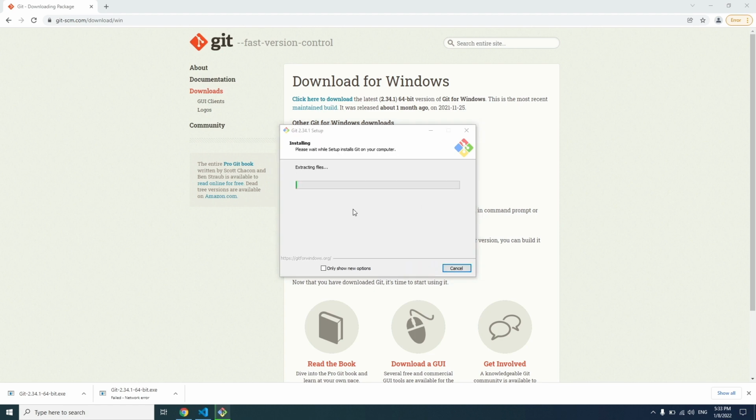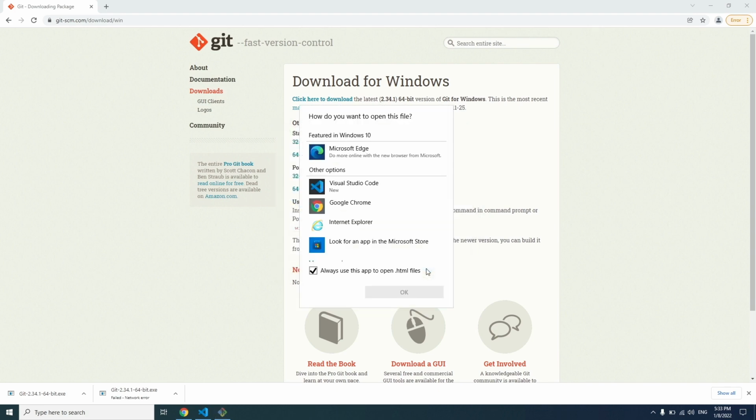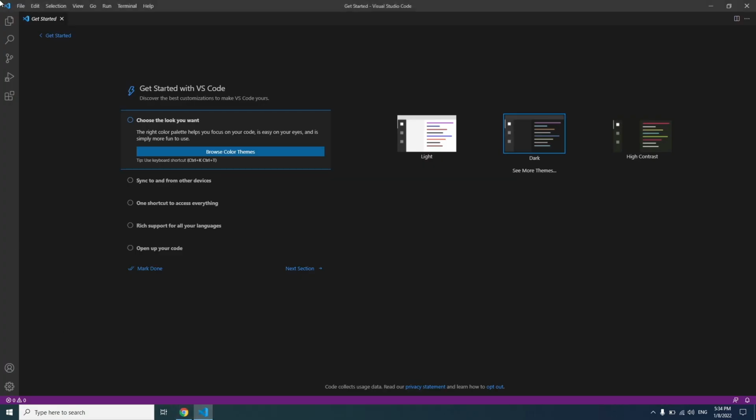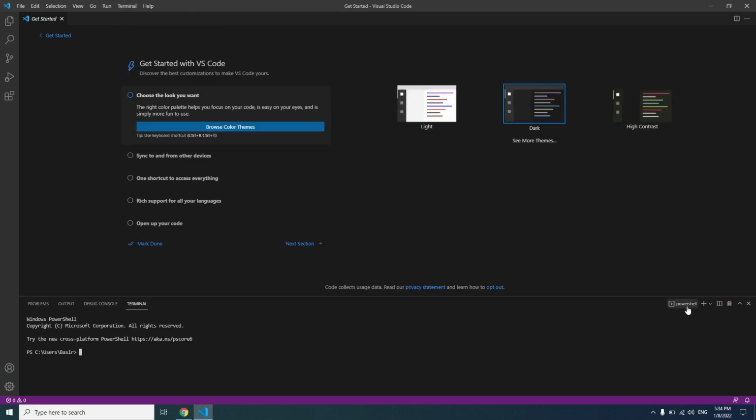So what I did is to accept default options to install Git on Windows. Awesome. It says completing installation of Git, and click on finish. Press escape, and let's go to VS Code, and from terminal menu, select new terminal, and instead of default shell,